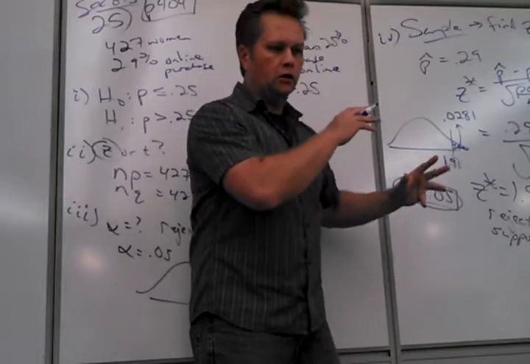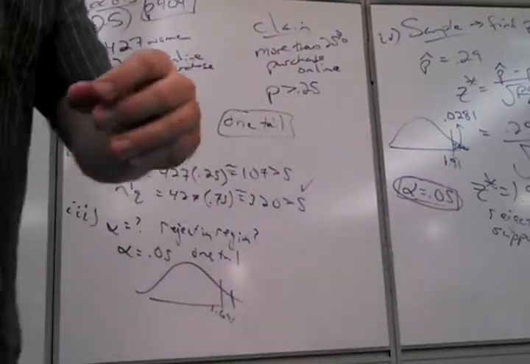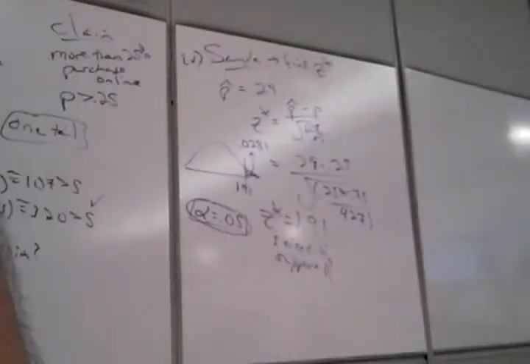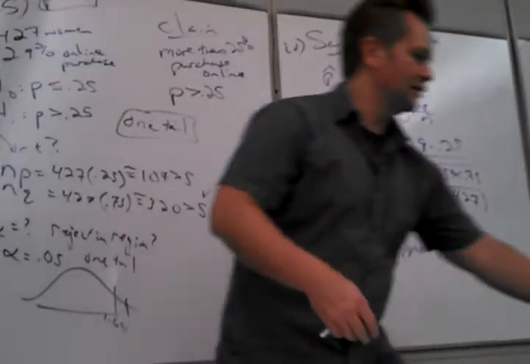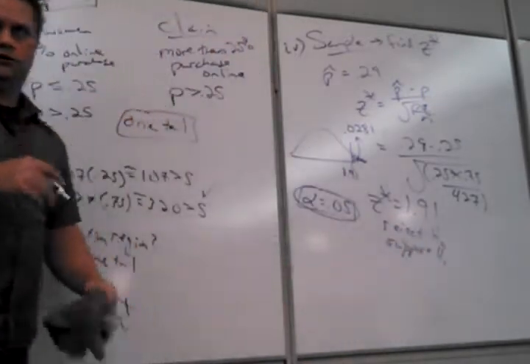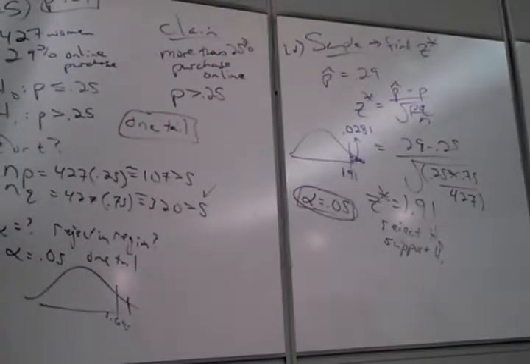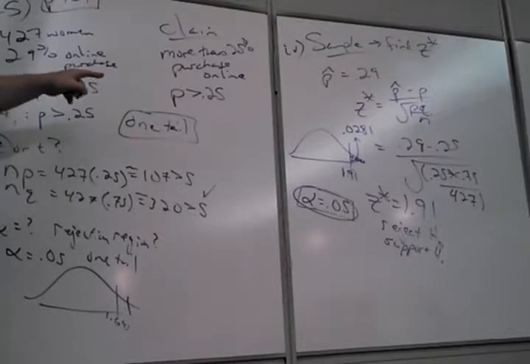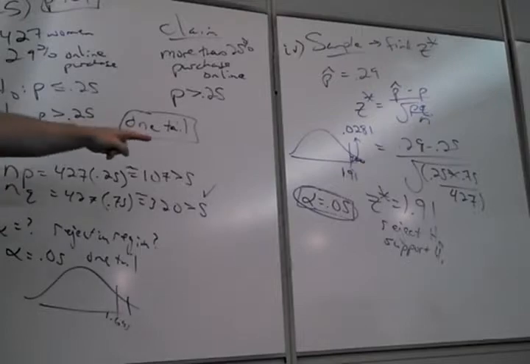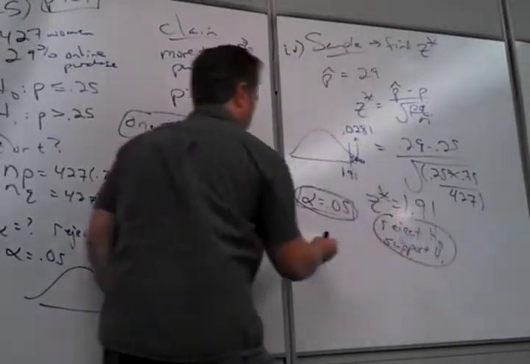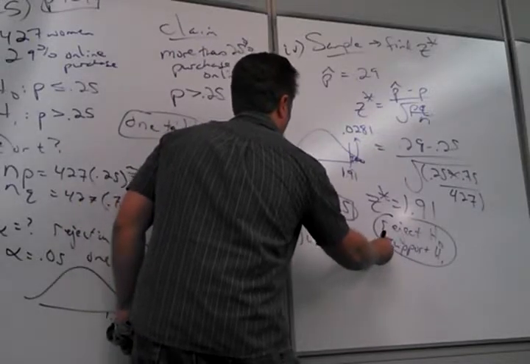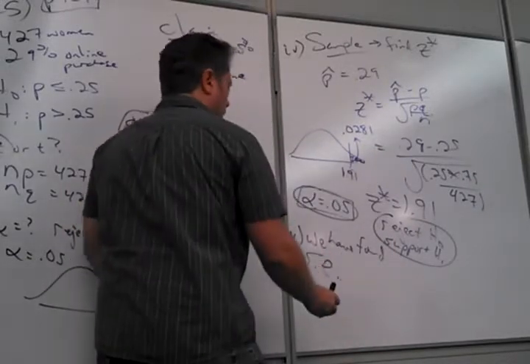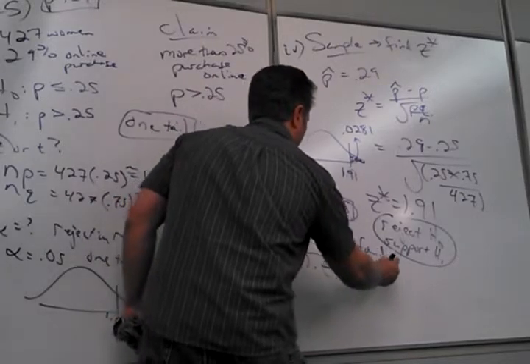So how do I word my conclusion? Sufficient evidence to support the claim that more than 25% purchased online. I like it. Sweet. What he said. So we've definitely found, we didn't fail, so we have found sufficient evidence. We found sufficient evidence to support the claim